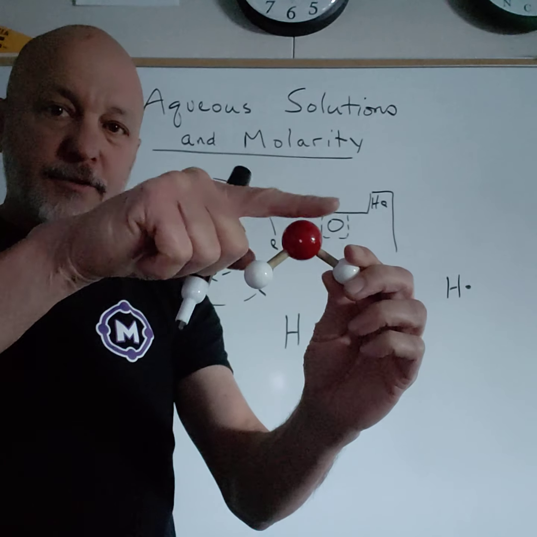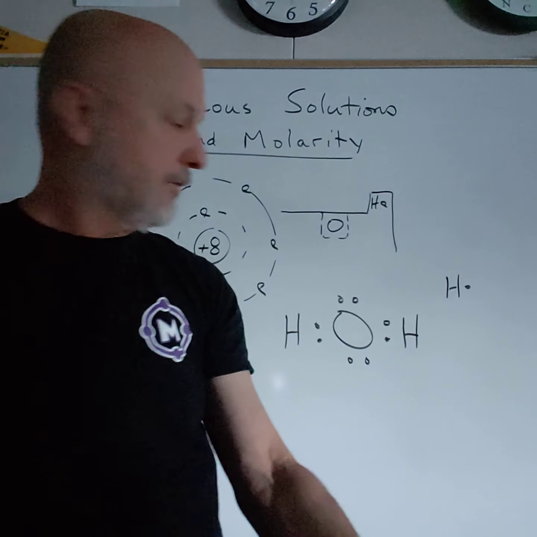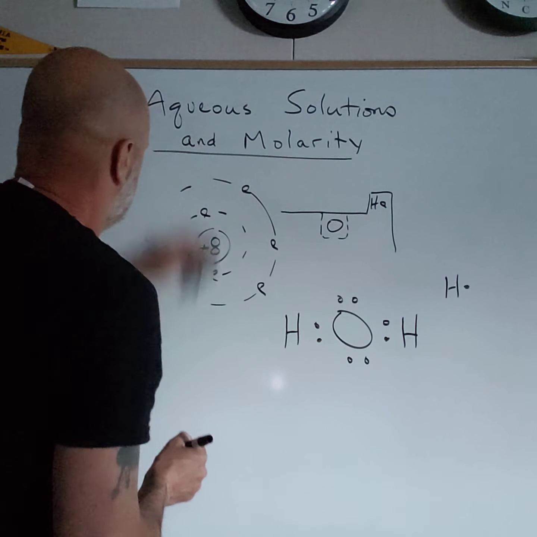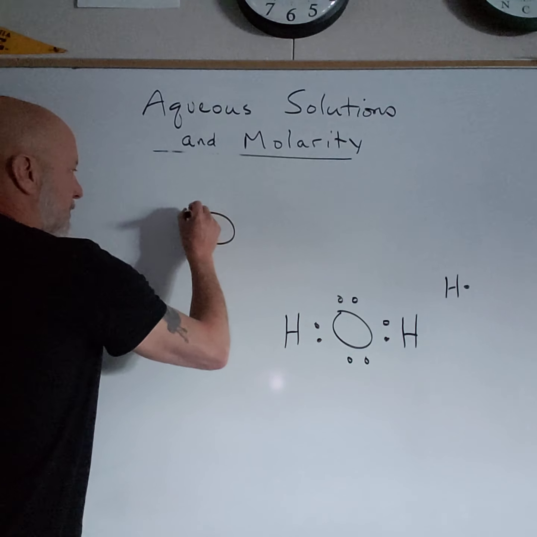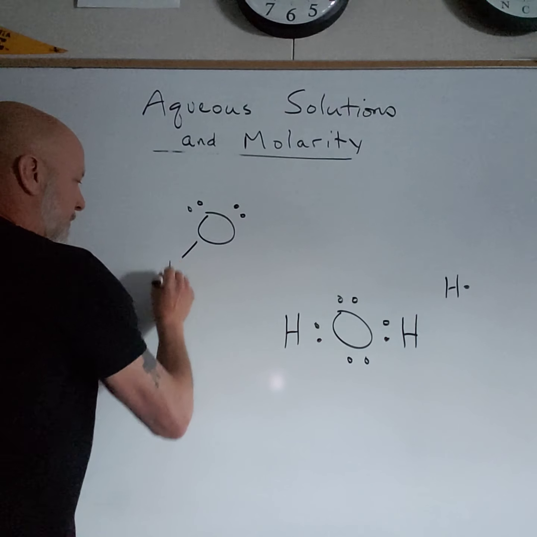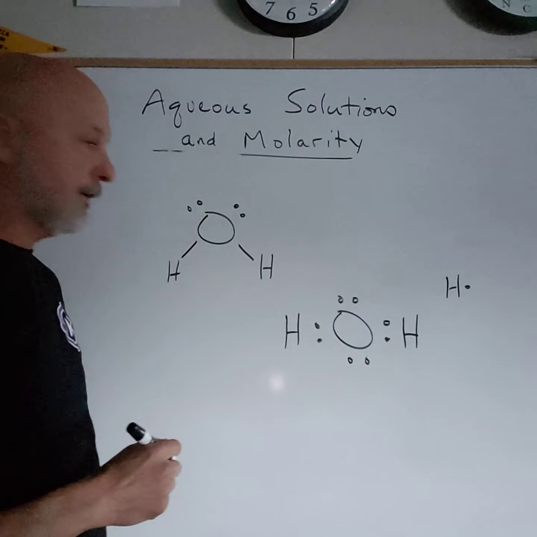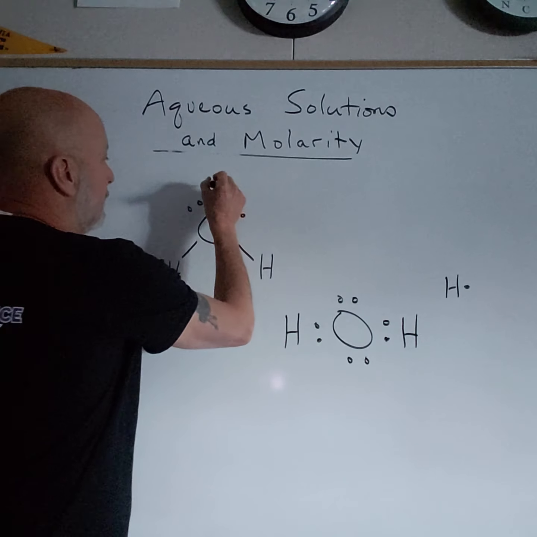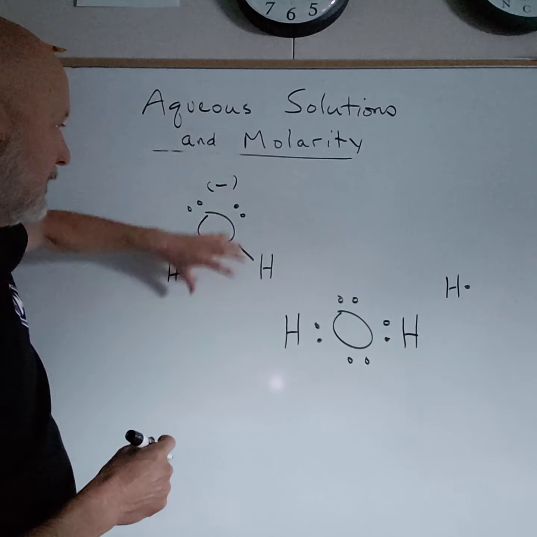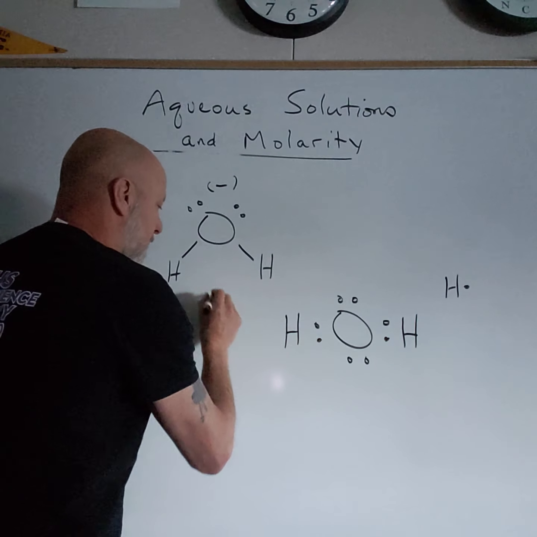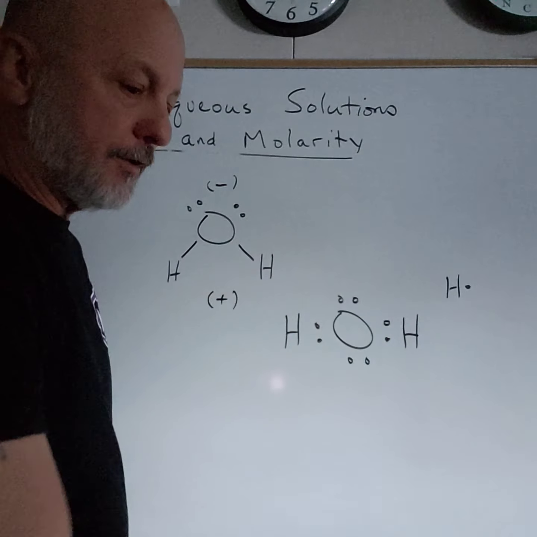So it has one side where there's electrons, and the other side is the hydrogen that doesn't see as much of those electrons. To redraw, it might be a little more informative to show it something more like this. There's the shared ones. The hydrogens are off on one side, the oxygen's up on the other side. So this side has a lot of electrons. It tends to be kind of negative-ish. The lopsided negative charge in this neutral molecule is on one side, and the other side's positive. What that allows water to do